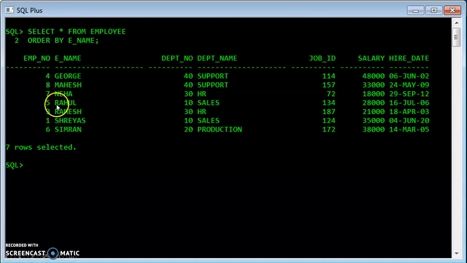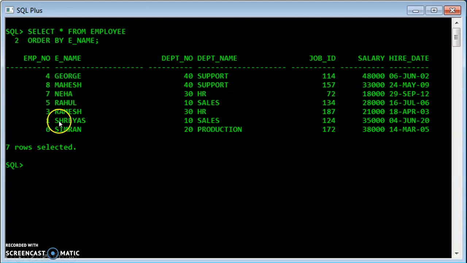So what it will do, it will check the second character. Here, for the second character, again we have both A, so again there is a match. So go to the third character. The third character is H and M. Based on alphabetical order, H comes first, because we are doing the ascending order. So H comes first. That's why Rahul is first, and then Ramesh.